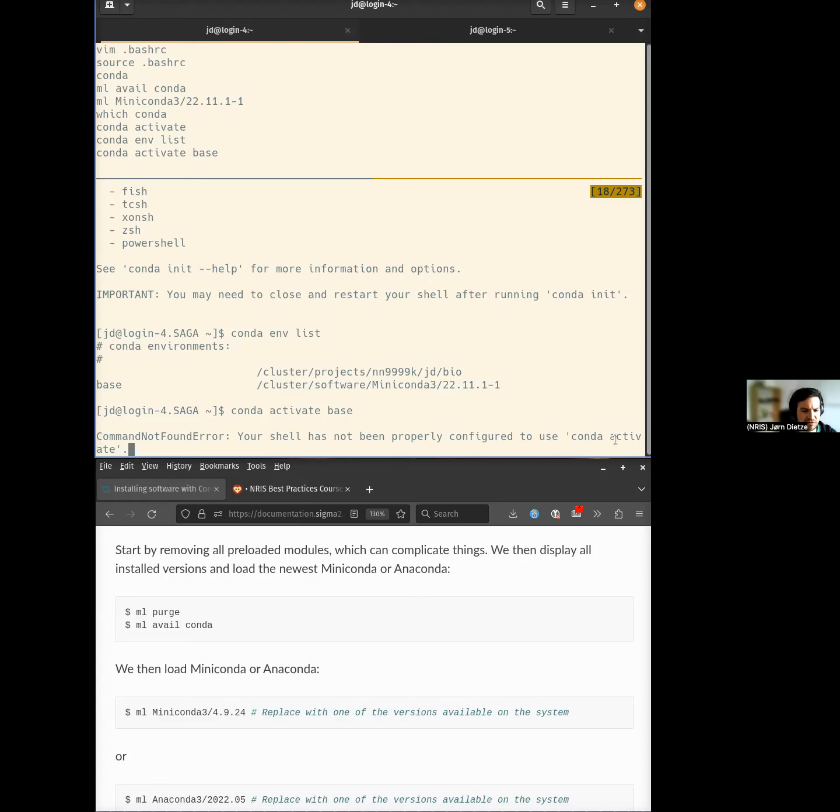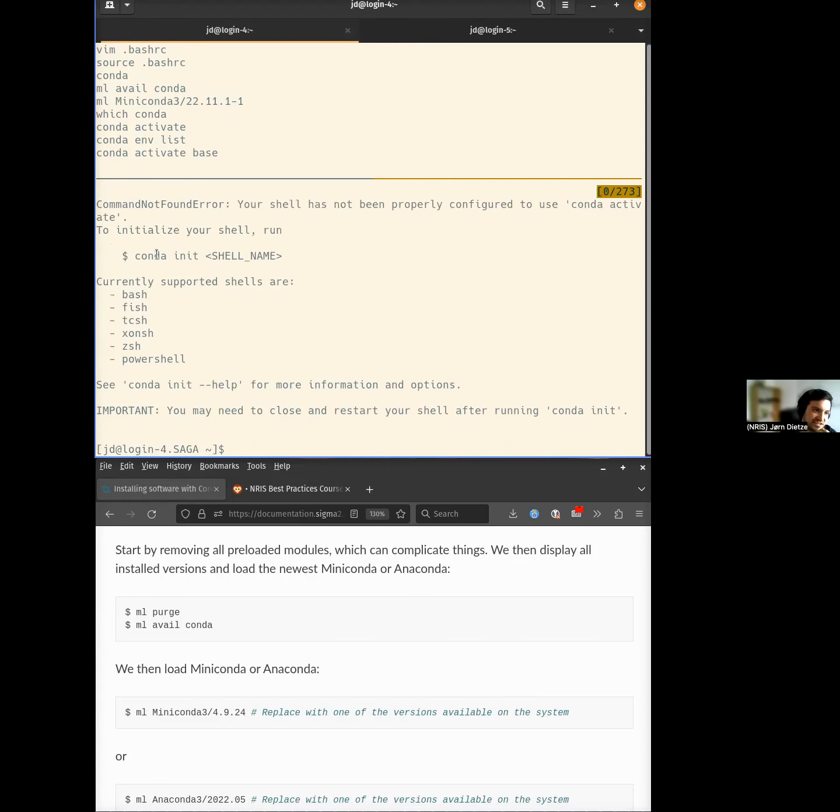Your shell is not properly configured to use conda activate. And then here, to initialize, run conda init and then bash in this case. And that's what I did before. This can work on our cluster, but it also doesn't work in some cases. So it's a bit of a tricky command to run, conda init bash. What we instead would advise, and